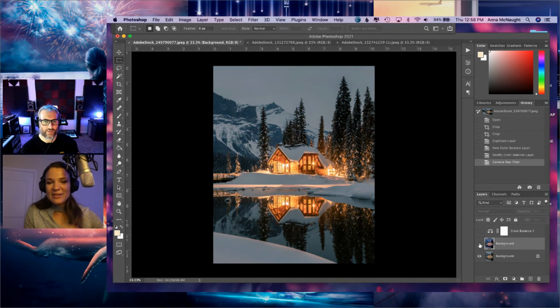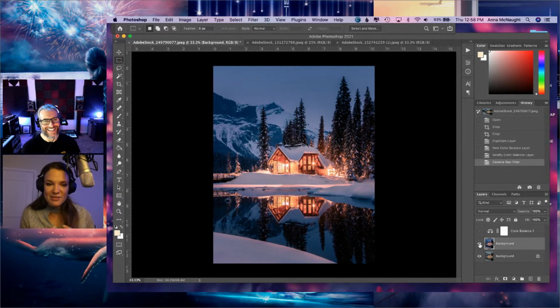This is definitely a style of many people. I know James tends to go more towards the warmer colors, warmer tones, which we talked about yesterday, and I think that's cool. I like this look too, for different purposes. But for my style, I definitely tend to go with this look.